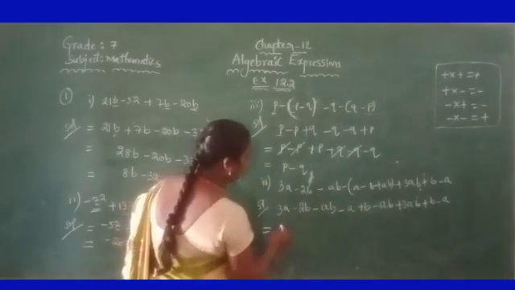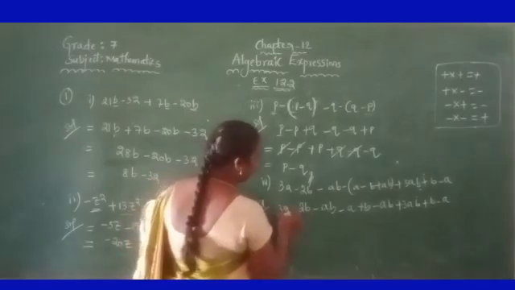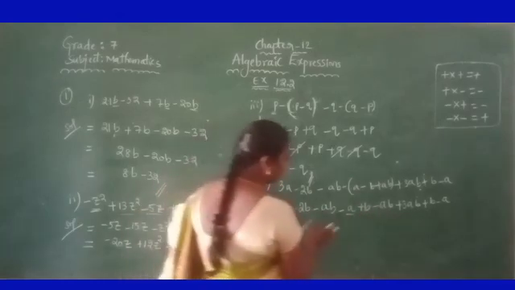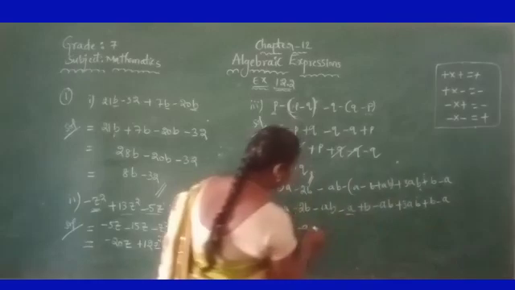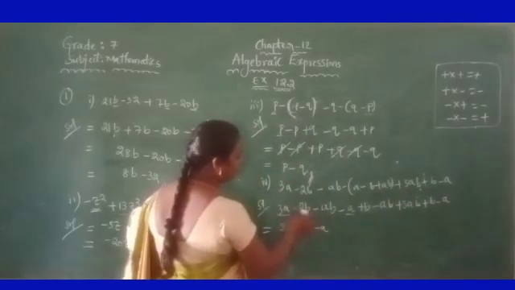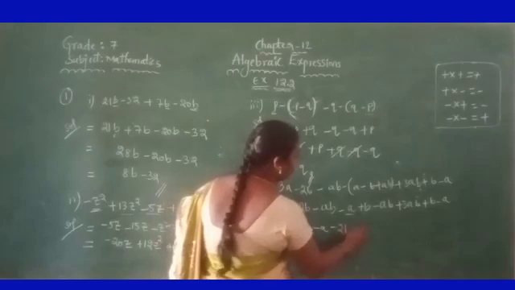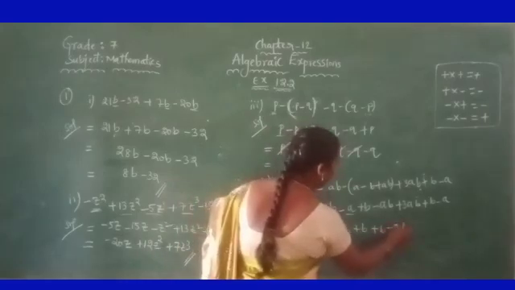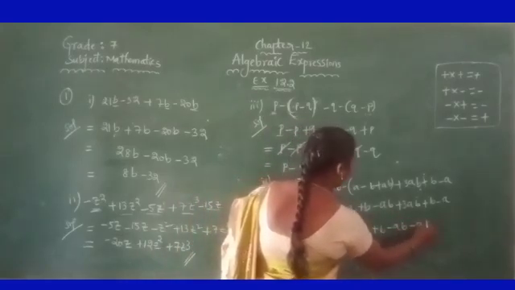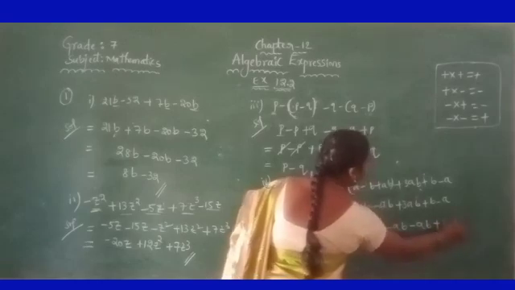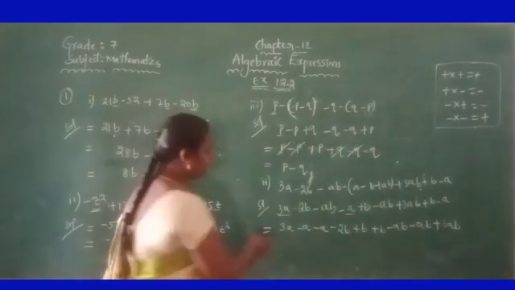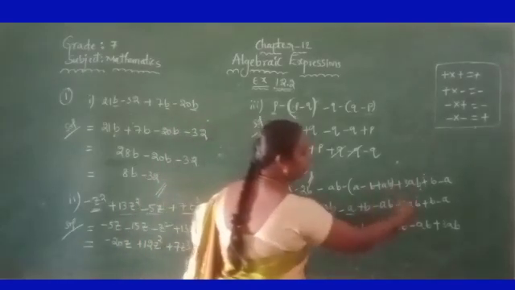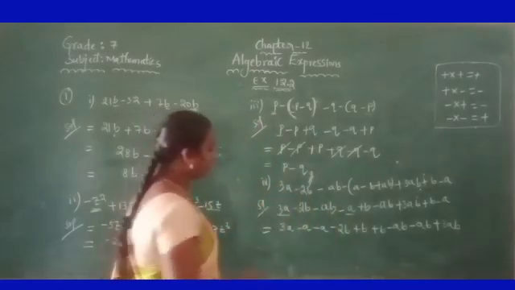Now, so a terms are there. Yes. So bring that one front. First 3a. Here minus a, and next only a terms take. So yes, last minus a. Next b terms take: minus 2b plus b plus b. Okay, next ab terms: minus ab plus 3ab. So first write the like terms. If the term has a, first write all the terms with a. Next term b. Next term ab. All are different terms. Okay, right.